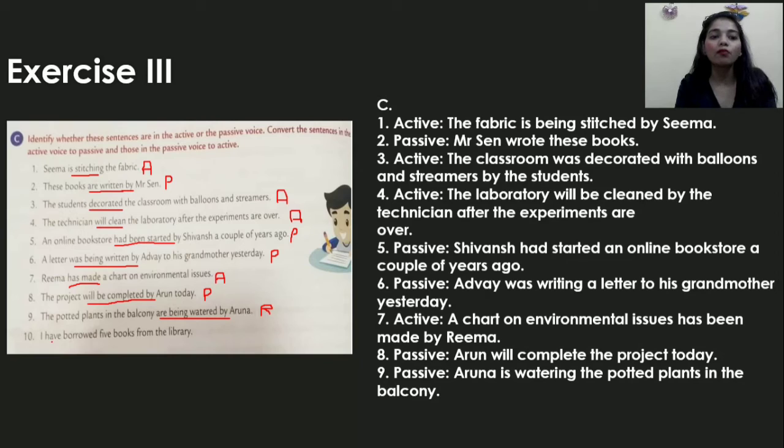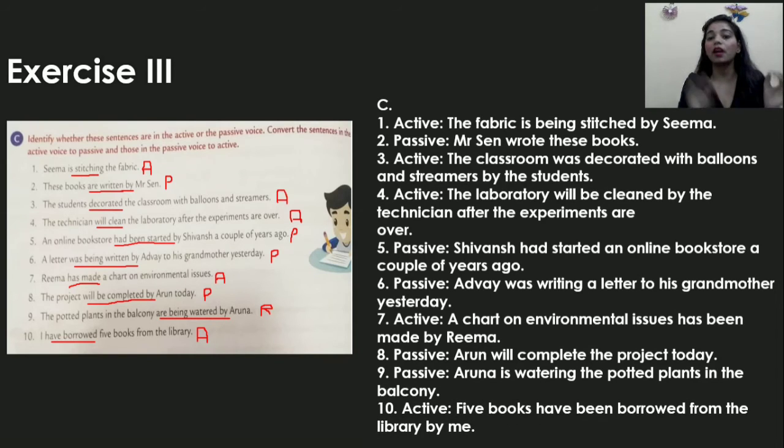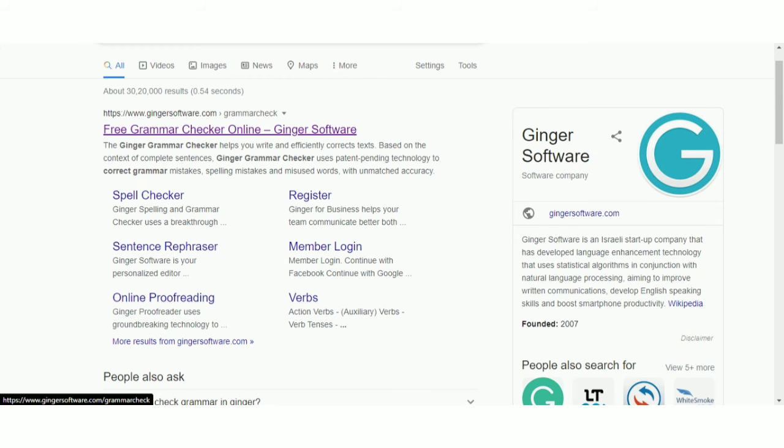I have borrowed. This is active voice. We have to change this. I have. यहाँ पे हमारा been आ जाएगा. 5 books have been borrowed from the library by me. I is changed into me. Clear? Learners, as we are done with exercise 3, let's see how we can use this free grammar checker online